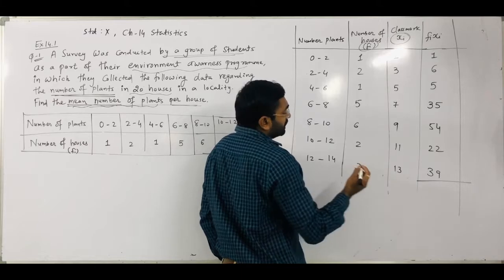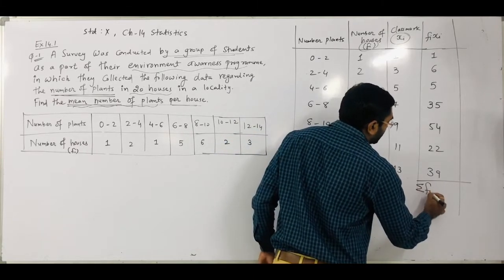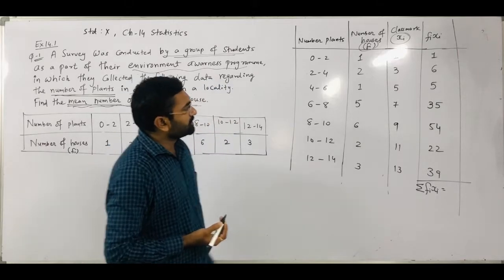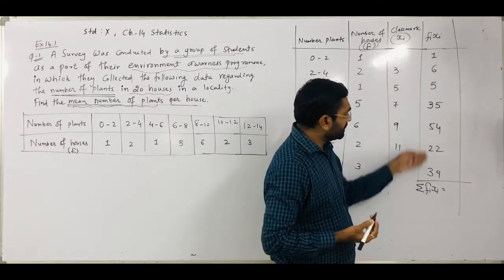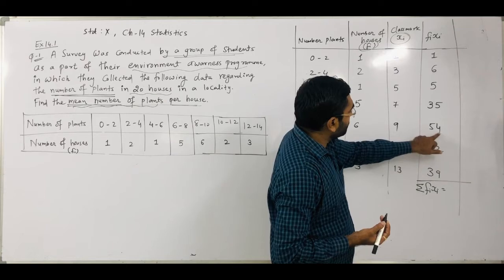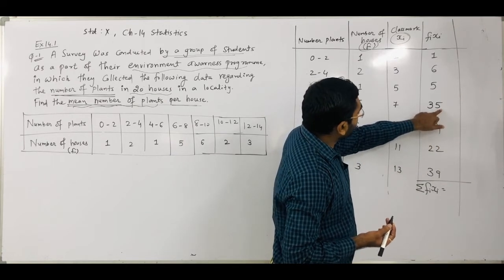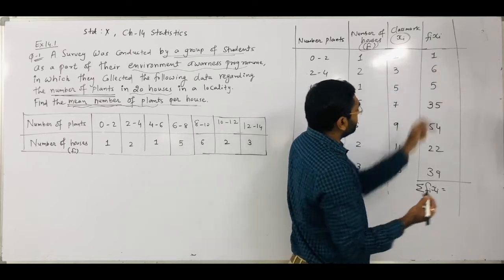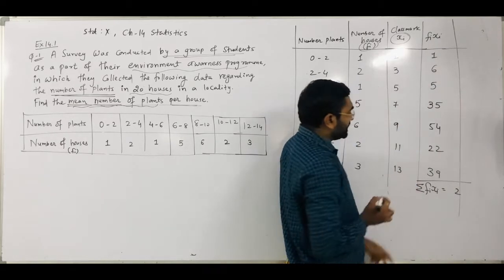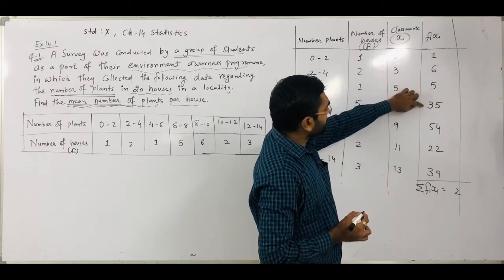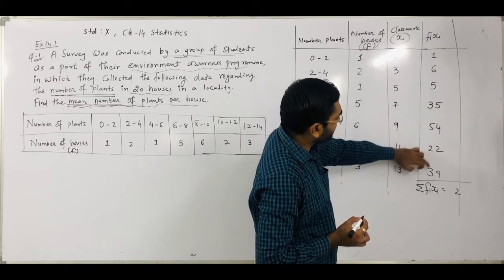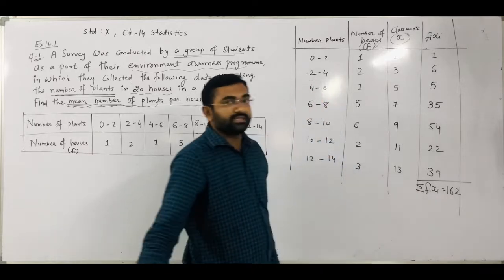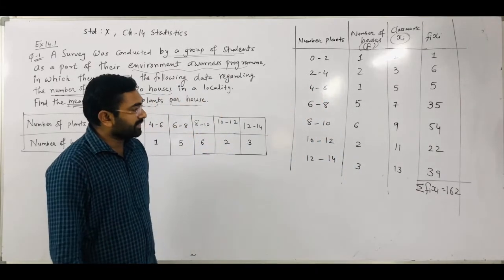Now in the equation, in the numerator we write the value of the summation of Fi Xi. So we have to add all the values of the Fi Xi column. So 9 plus 2, 11 plus 4, 15 plus 5, 20 plus 5, 25, 25 plus 6, 31 plus 1, 32. So 2 is there, 3 is carried, 3 plus 3 is 6 plus 5, 11 plus 2, 13 plus 3, so 16 we get. So 162 is the sigma Fi Xi.